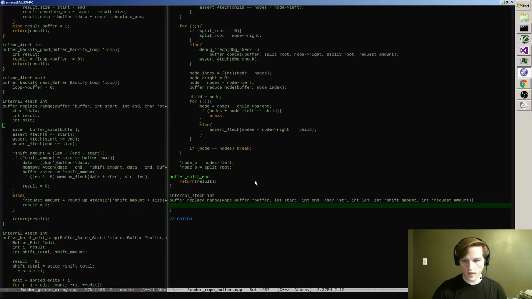Okay. In order to replace one range, what I need to do is split between that range, split on that range and on that range. And in order to do that, I should split the right-hand side first. So that looks like